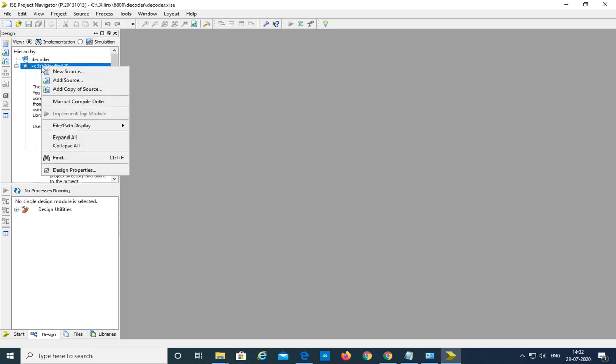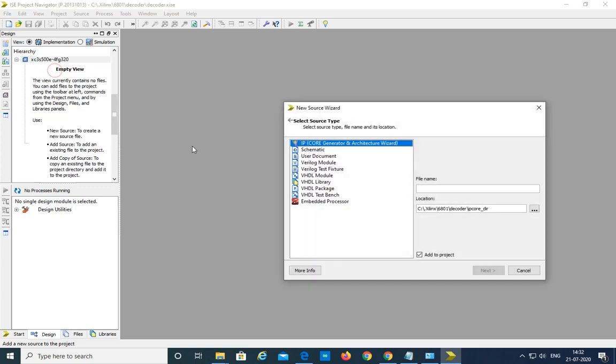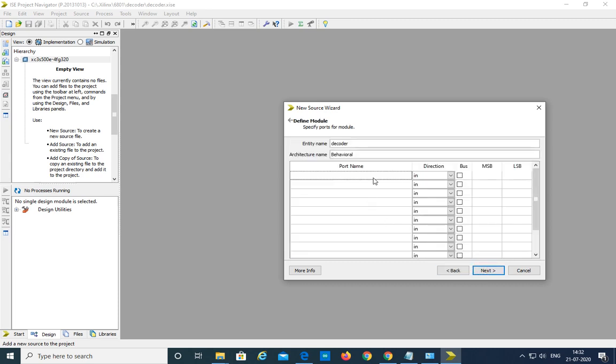Now this is the device. On the device, right click, new source, VHDL module, and give the name of the program, decoder. We have seen the total pins here. Out of these, VCC and ground we are not using in this program.